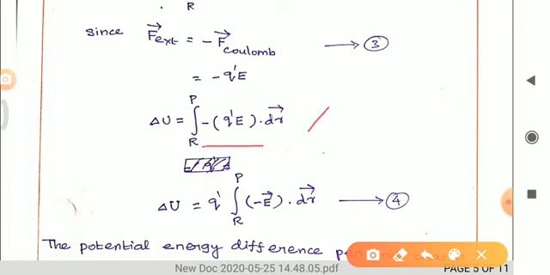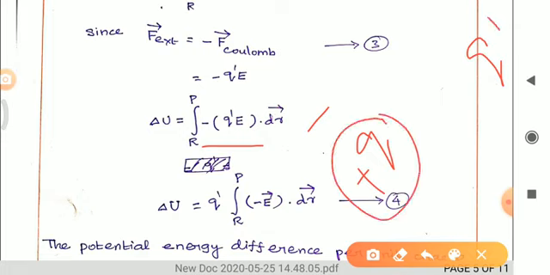Now what is Q, what is E? E is nothing but the electric field. The electric field will differ based on the source charge. Already we have considered plus Q as the source charge and Q dash as the test charge. So depending upon the source charge, the electric field can vary, but the test charge will not change. So it cannot be integrated, so it is taken out. Here we wrote Q dash into integral R to P of minus E vector into dr vector.